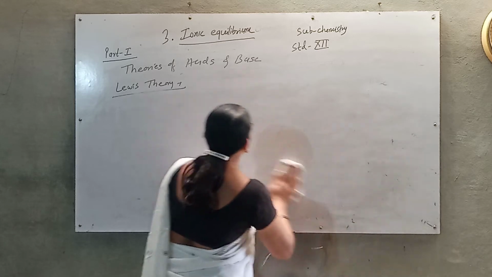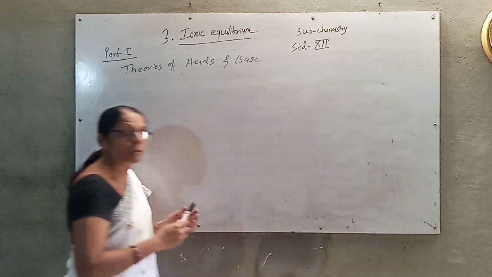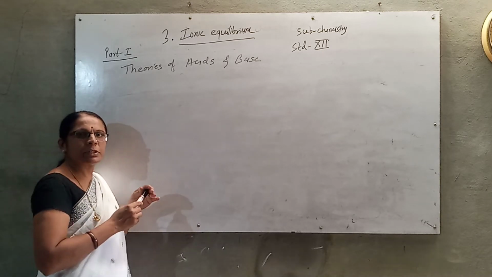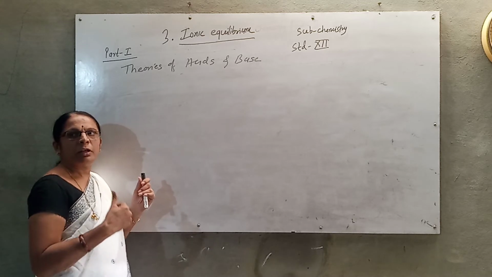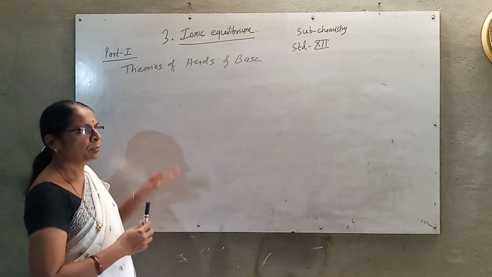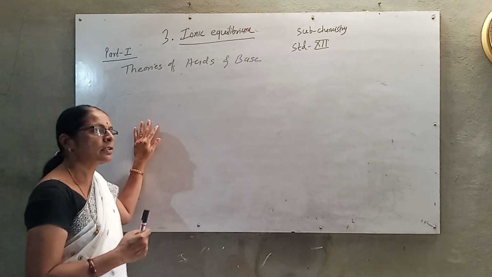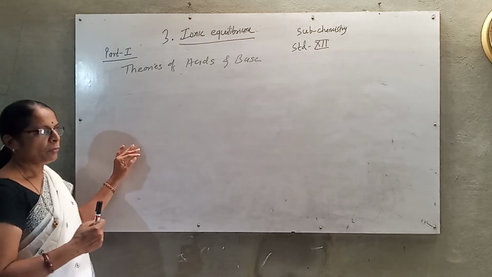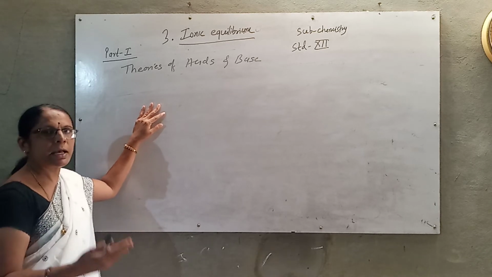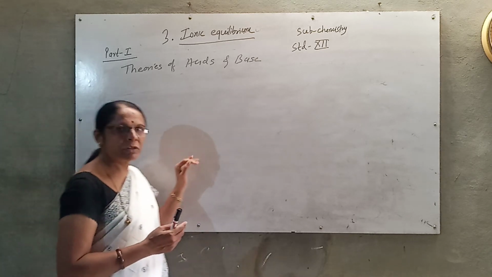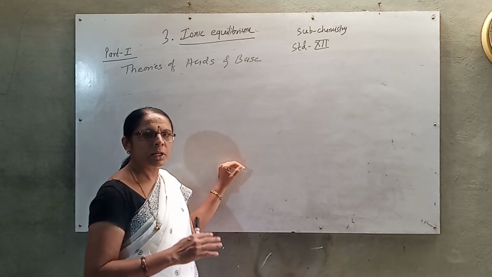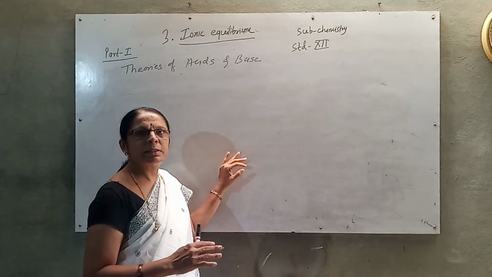So in this lecture we discussed three types of acid theories. The first we considered is Arrhenius theory. Arrhenius says that a substance is an acid only when it gives H plus ions when dissolved in water, or a base when it gives OH minus ions when dissolved in aqueous solution. According to Lowry and Bronsted, proton donors are acids and proton acceptors are bases. And according to Lewis, electron pair donors are bases and electron pair acceptors are acids. In this way, you can consider the commonly used acid and base theories.